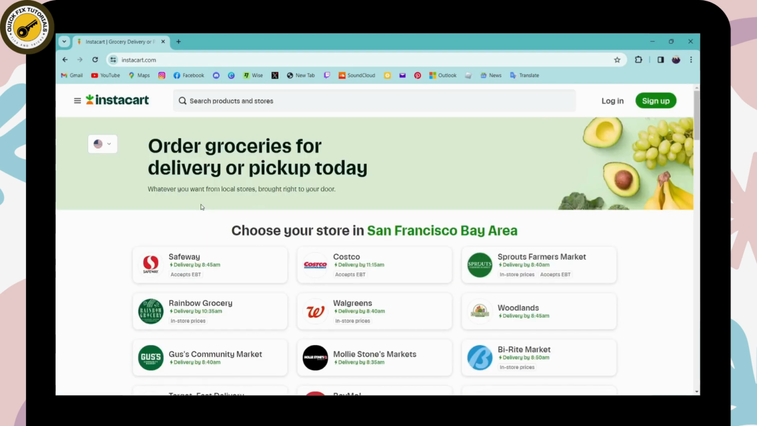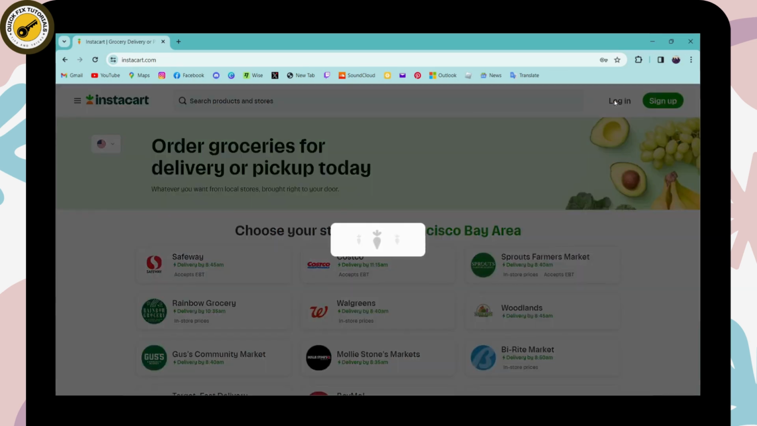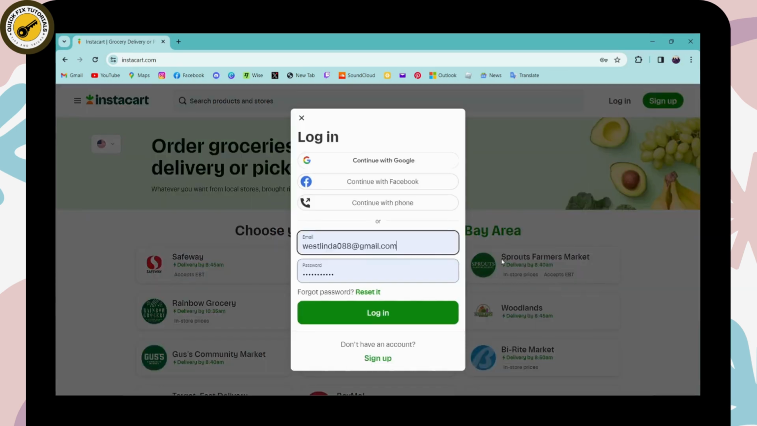www.instacart.com. And now to log into your account, you can go for login, which is on the upper right. And now to log into your account, you can continue with your Google, your Facebook, or you can continue with your phone number, or you can also enter your email address. So I'll be entering my email address on the first blank, and then you need to enter your password on